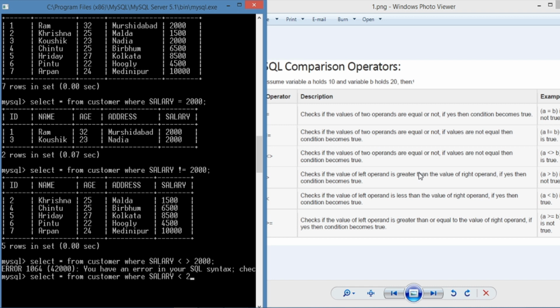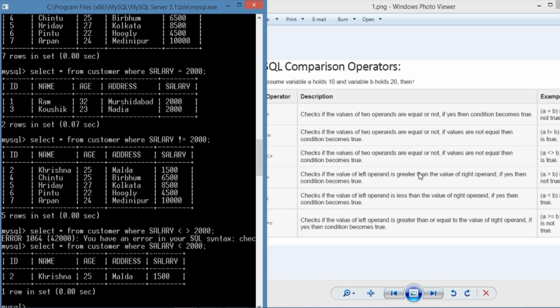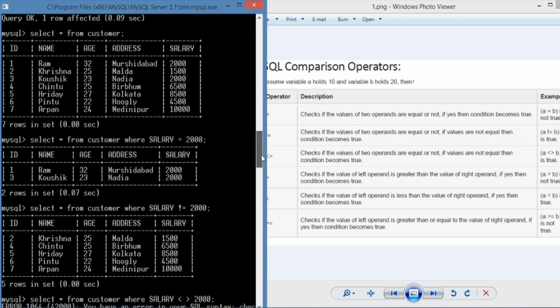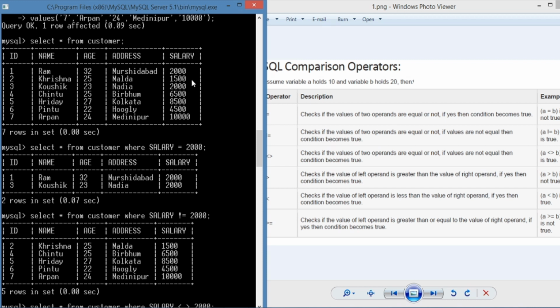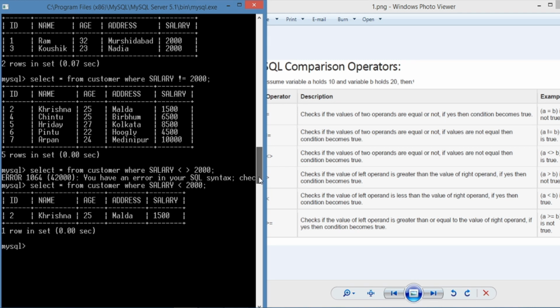Krishna has a salary below 20,000. This query performs the operation less than 20,000 and gives the output Krishna, who has a salary of 1,500, less than 20,000.